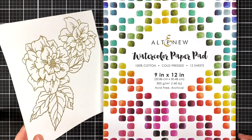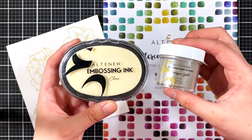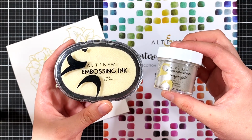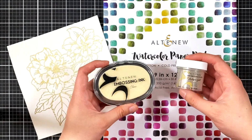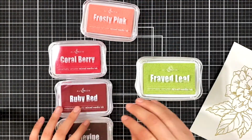I didn't show the embossing part here because I've shared it in previous videos, but as usual, I use the Altenew embossing ink to stamp the images, then I sprinkle some antique gold embossing powder and use my heat gun to melt the powder. Now to color the images, I'm going to be using the brand new mixed media inks